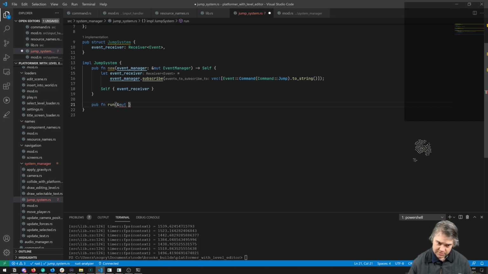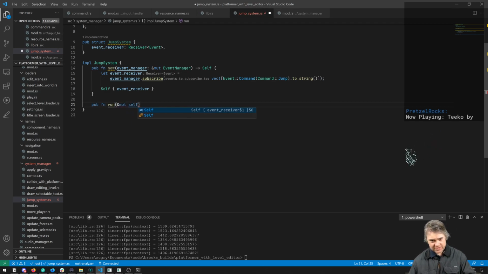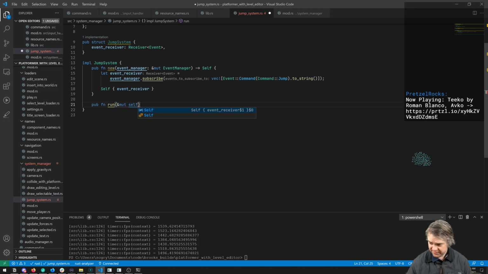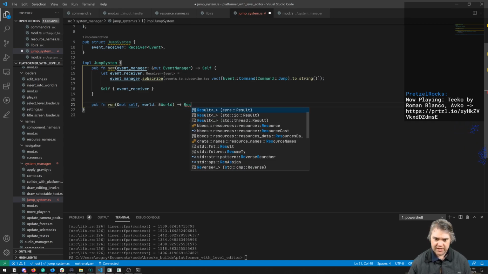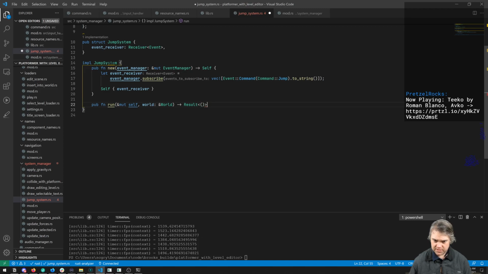This is gonna have to be a mutable self, because receiving on a receiver mutates it a little bit. We're gonna take in a world, which is a reference to the world. And I don't think we need anything else. We're gonna return a result, which is an error result, but nothing if it's successful. All right, so we just need to check this event to see if we're jumping. I think we can do that. I guess like did jump. We can just return this as a